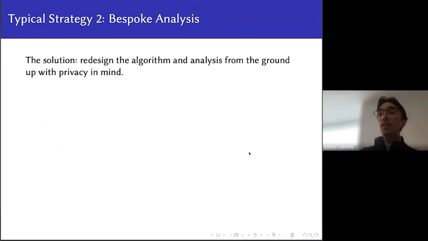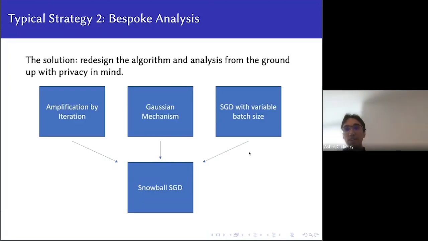So the way that one does this is typically by rethinking how you're doing the optimization algorithm itself to incorporate privacy throughout the procedure. And I don't want to go into too many details of how this was done in the past, but I'll just say one example is you can combine three types of ideas. One of them is the Gaussian mechanism, which is maybe a little bit more familiar, and the other two require a little bit more fine-grained thought.